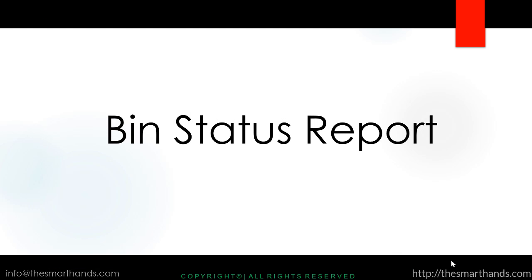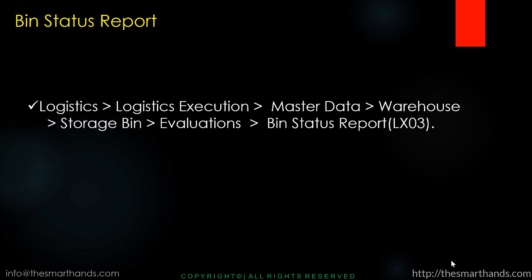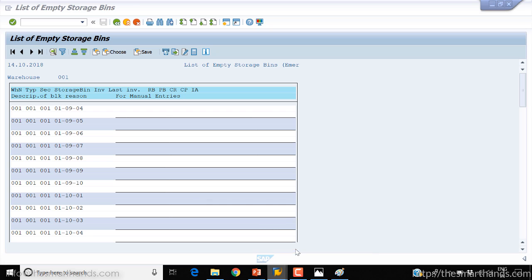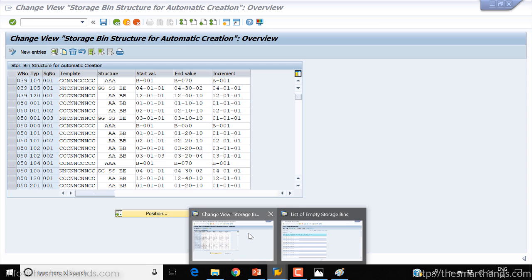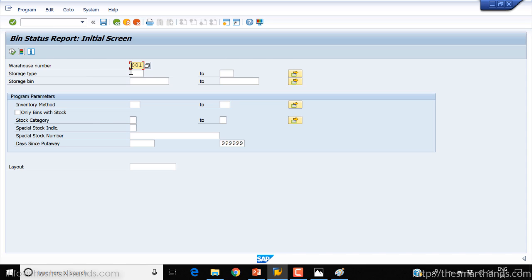Then we'll talk about the bin status report. If you want to see the status of all the bins within a combination of the warehouse and storage type, then you can use LX03 or use this menu path. Same thing, you can close one screen and go to LX03, and then you can run for only one warehouse number. So if I use this warehouse number 001 and storage type also 001, and execute that,